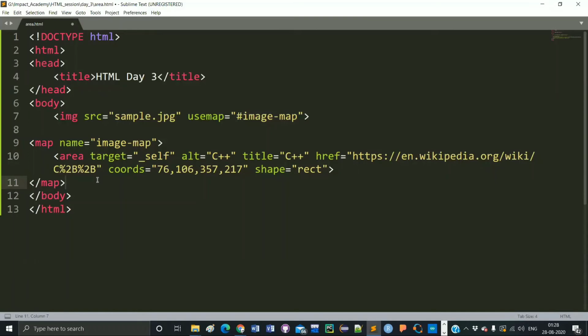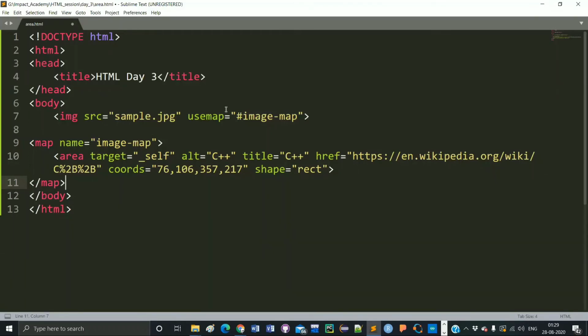To create that image map, you have to use the map tag. So inside the map tag, I have used another attribute, that is name. What is the name of this image map? The name of this image map is image map.